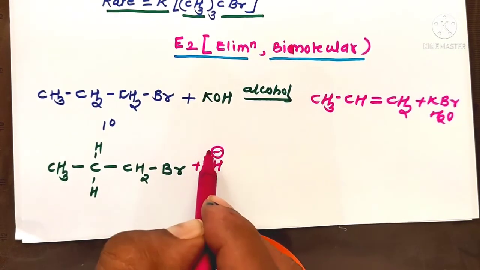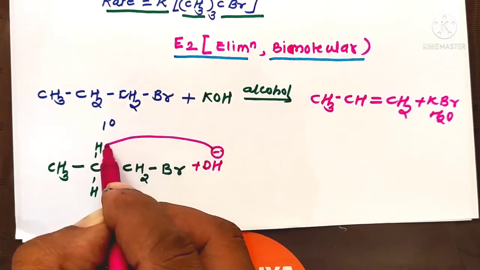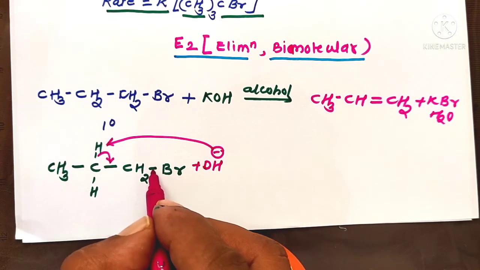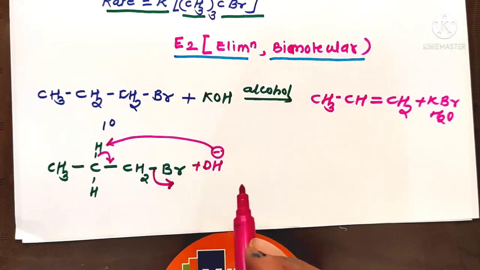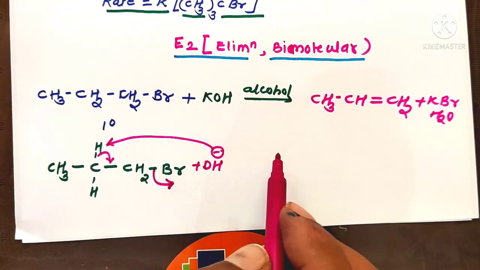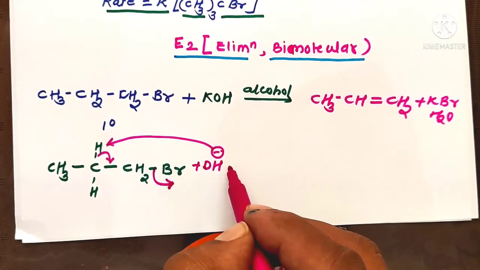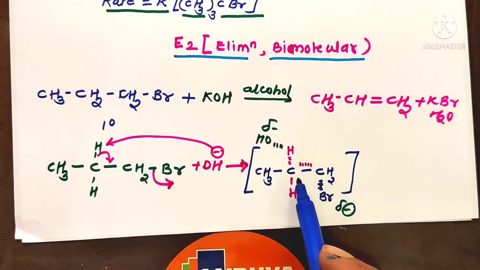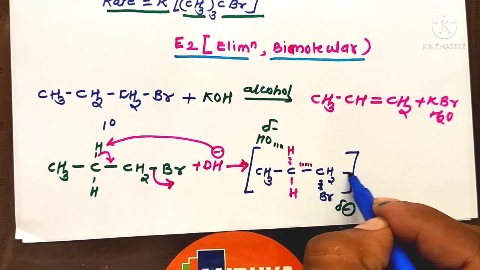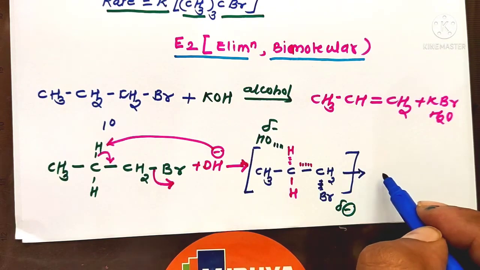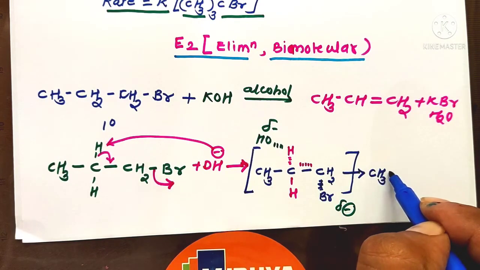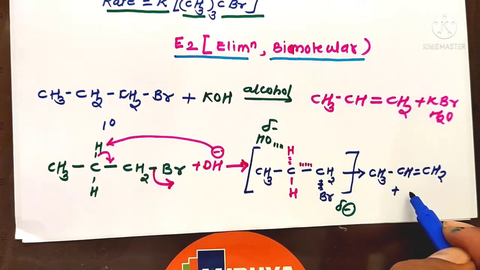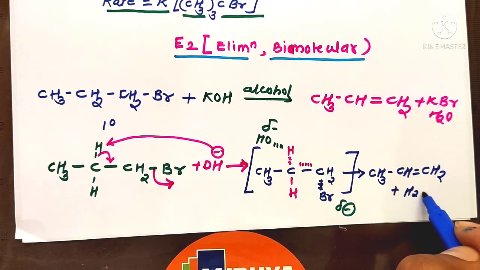Now here the base abstracts the acidic proton atom. Now this bonding electron shifts to form a single to double bond. At that time, this Br eliminates with its bonding pair of electrons to form the final product of this reaction. This reaction takes place with a transition state. Here the elimination takes place to form the final product of this reaction, that is CH3 CH double bond CH2, with the elimination of a water molecule as well as